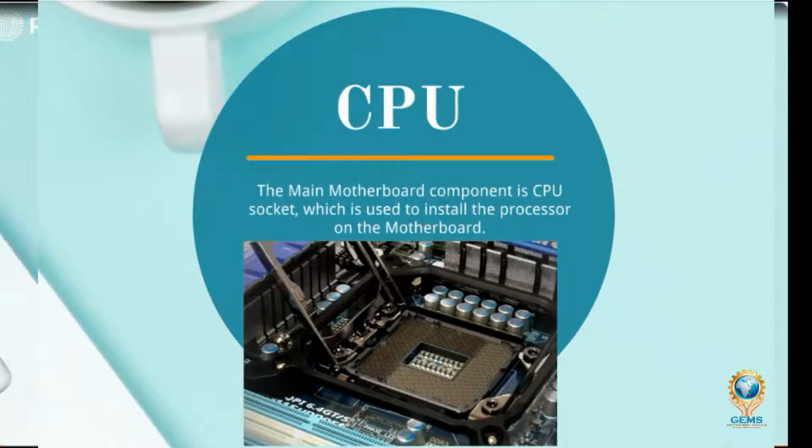Different Central Processing Unit chips have different sizes and different pins, so different slots are there for different motherboards. In common, the Central Processing Unit is the main processor. This is an electronic circuitry within a computer that executes the instructions that make up a computer program. The CPU performs basic arithmetical, logical, controlling and input-output operations specified by the instructions in a program.